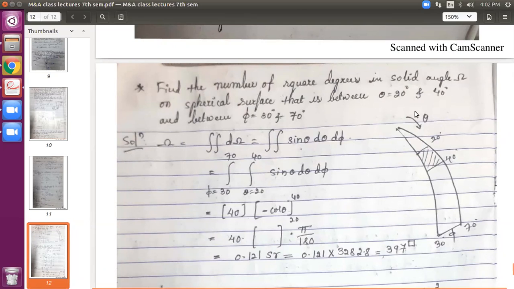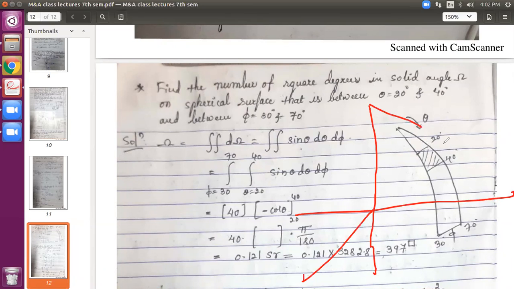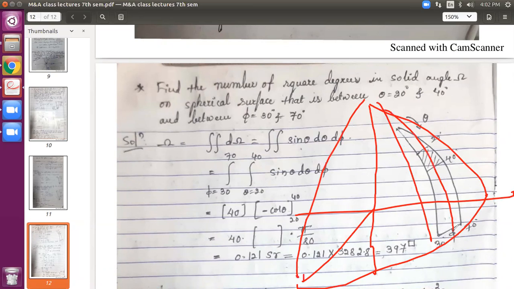This problem I have visualized here. You can see this is somewhat like the spherical coordinate system, just now what we have seen earlier in the figure, something like this. In that one particular strip we have taken in the spherical coordinate system, this line. I hope you understood this.